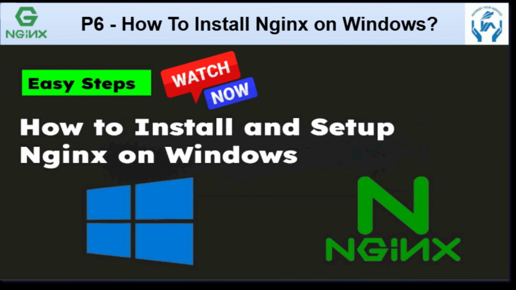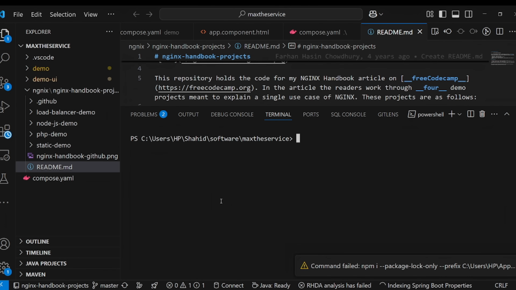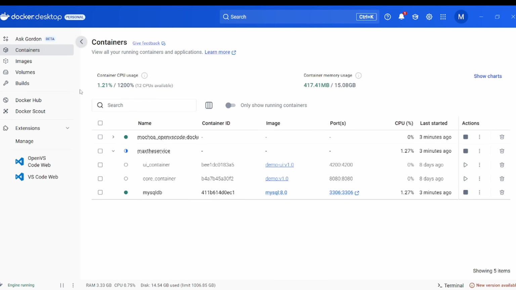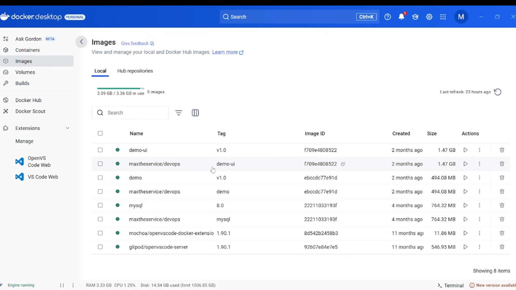So now we will be running this Nginx image as a container on Docker. So let's start. How to run Nginx in a Docker container? We will first download the image from Docker Hub, because we don't want to build the Nginx image, since it's open source and available on Docker Hub. Here you can see we have a number of images, and from Docker Hub we will be downloading